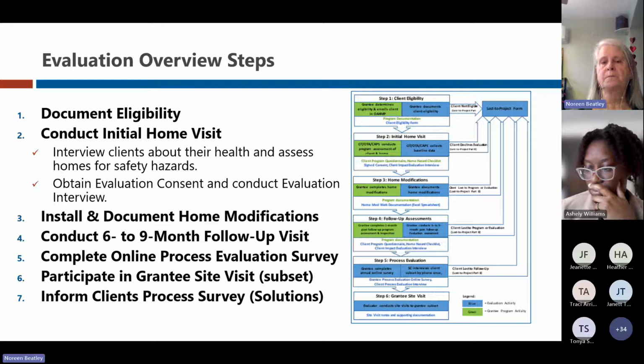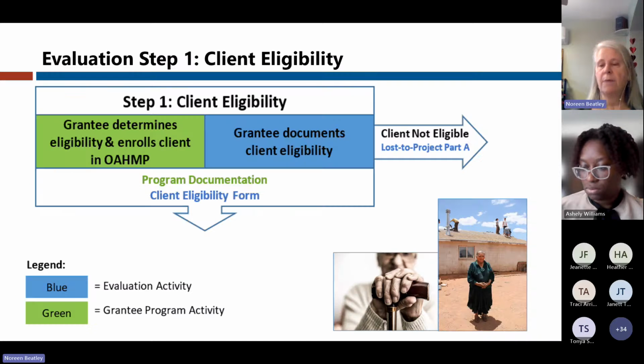You can't see it very clearly here, but we've also identified the forms you're going to be completing at every step. I'm going to go through this in a moment a little bit more clearly, and we are going to give you the demonstration shortly on those forms as well. So step 1, client eligibility. Again,